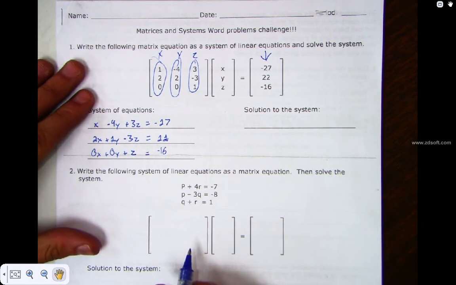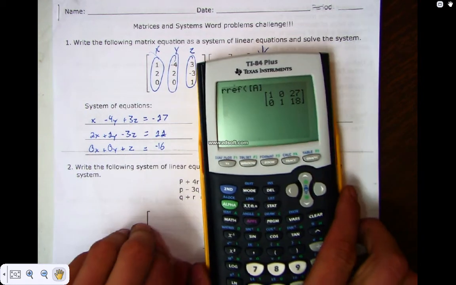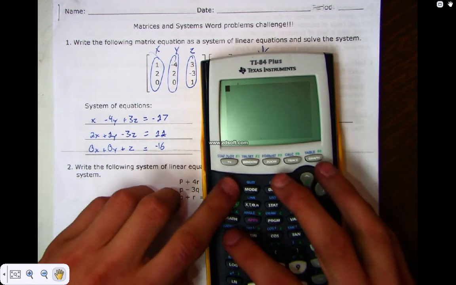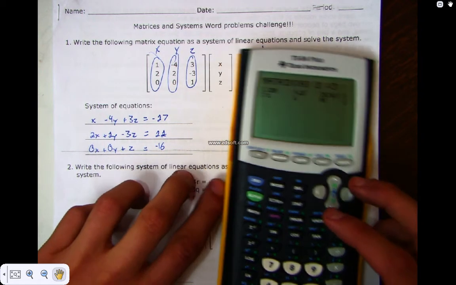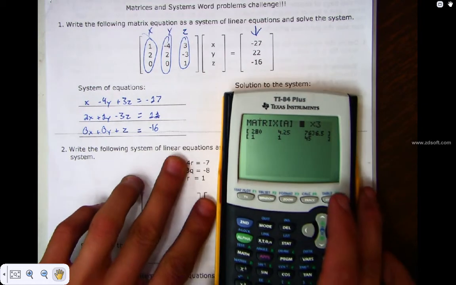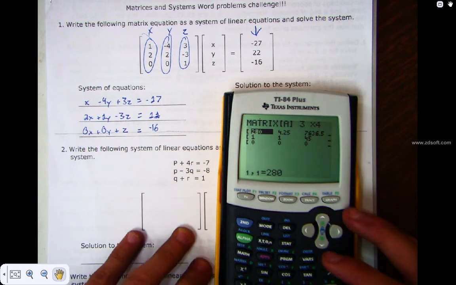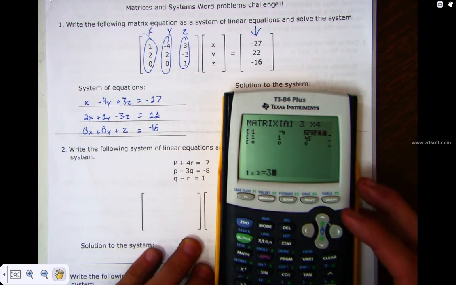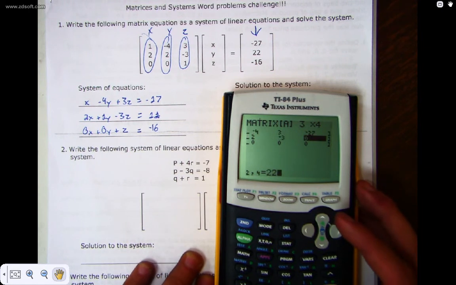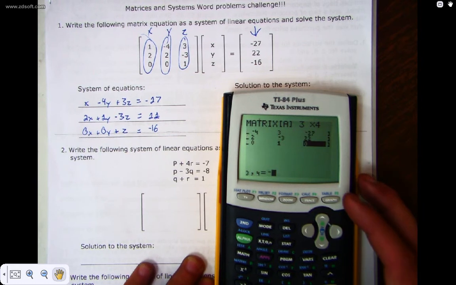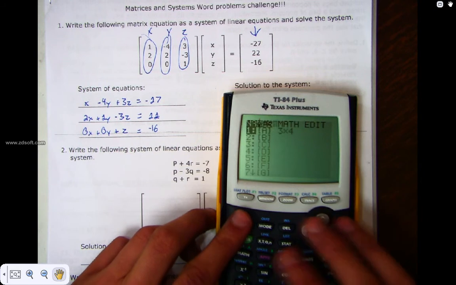The solution to the system, I don't know. I guess I'll do it on my calculator. Here we go. Let's look at what we get. So we go to second matrix. We go to edit. It's going to be a 3 by 4. So we're going to have 1, negative 4, 3, negative 27, 2, 2, negative 3, 22, 0, 0, 1, negative 16. Second quit, second matrix, math, RREF,